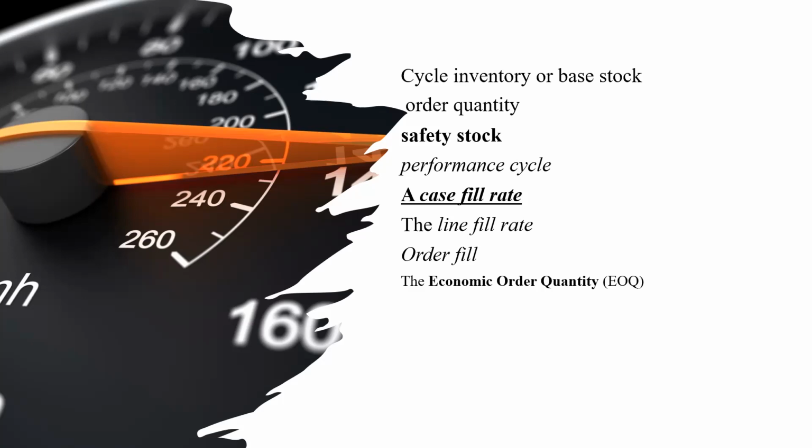lot size stock. What is the portion of the average inventory that results from replenishment? At the beginning of a performance cycle, stock level is at its maximum. And therefore customers deplete inventory until the stock level reaches minimum. When there is no customer demand, the inventory or the base or the lot size is at a